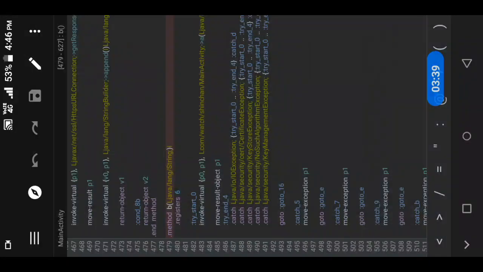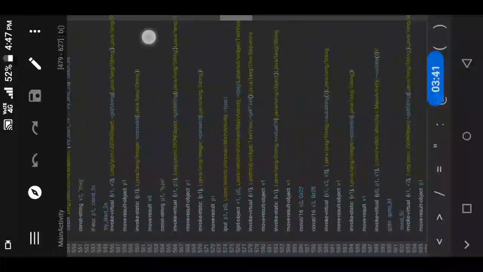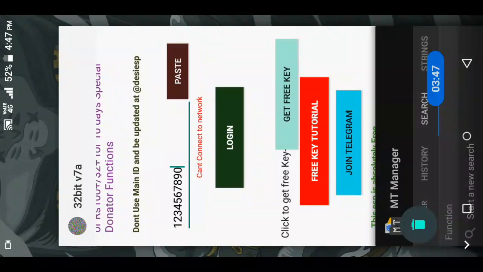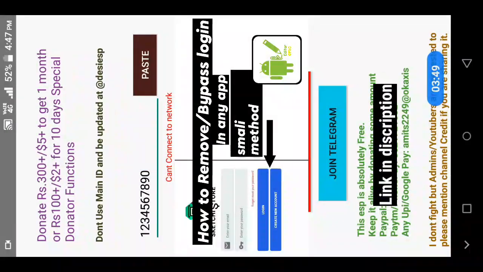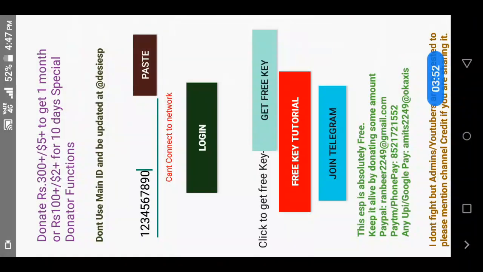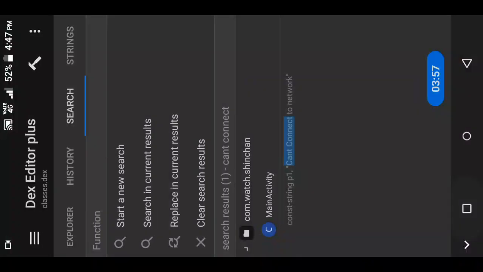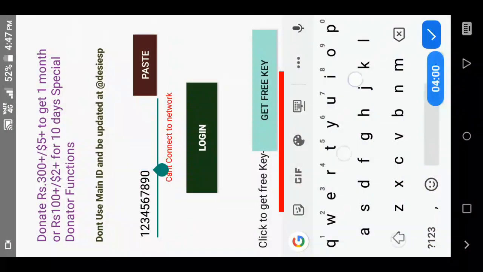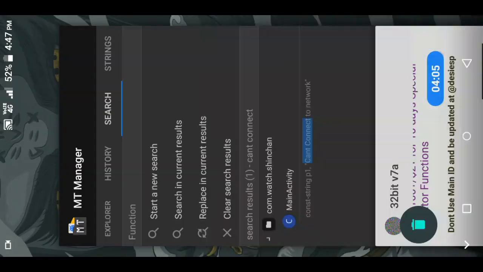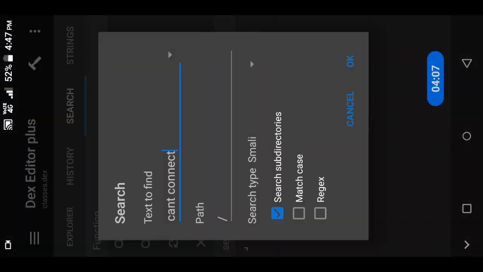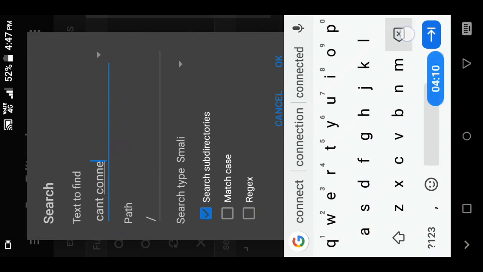here you can see something like method b, but it is very difficult to analyze from here how to go through there. I showed in my last video that to start any other activity it uses the start activity code. That means, for example, if the key is correct, when I click here it will start the main screen, which is what we want. So what I'm going to do is search here for start activity.